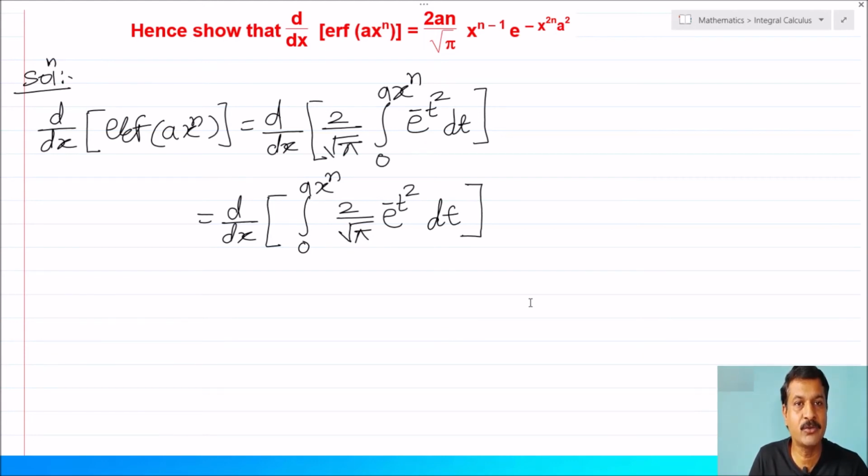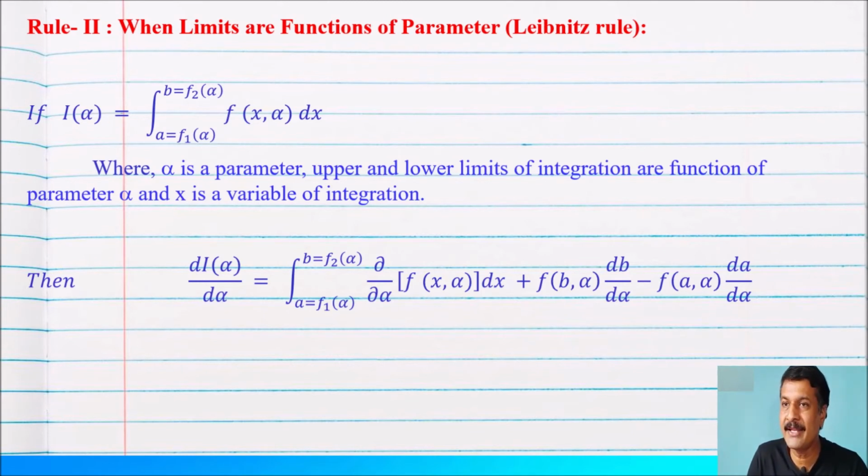So what is the Leibniz rule, or rule number 2 of DUIS? Rule number 2: when the limits are functions of a parameter, and if I(alpha) equals the integration from a to b, where a and b are functions of the parameter, of f(x, alpha) dx, then dI/d alpha equals the integration from a to b of the partial derivative ∂/∂alpha of f(x, alpha) dx plus f(b, alpha) db/d alpha minus f(a, alpha) da/d